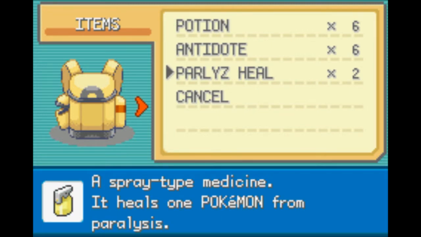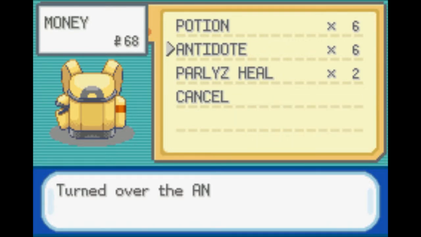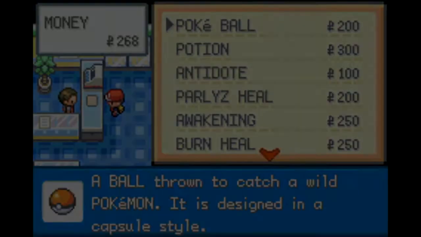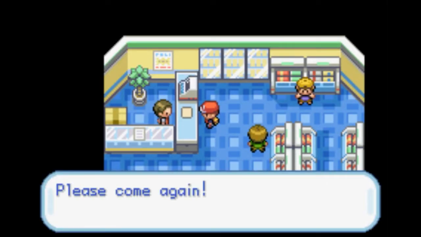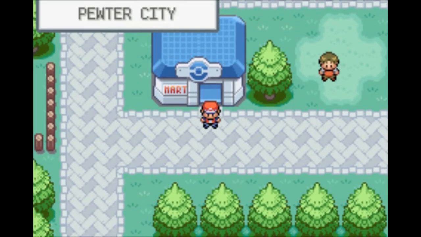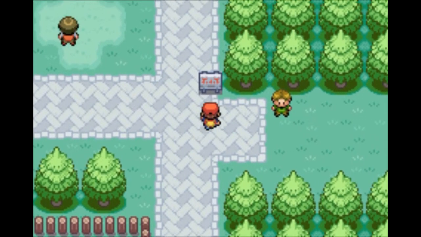Let's go ahead and sell... By the way, stuff sells for half the price that you buy it for. We don't actually need all these antidotes now that I'm thinking about it. So let's sell 4 of them just to have some extra money here. And after that, we should be fine. And then anything else I care about? No, not really. Okay. Yeah, I was thinking we were going to get poisoned more by those Weedles in the forest there, but it worked out pretty good that we didn't. So that's nice. Anyways, let's go ahead and see what's over...